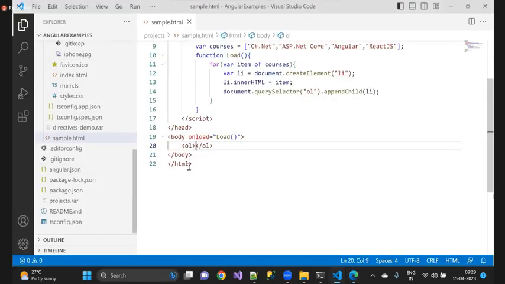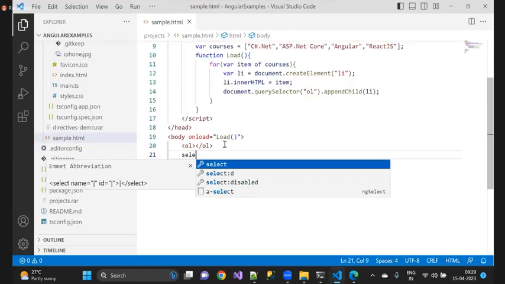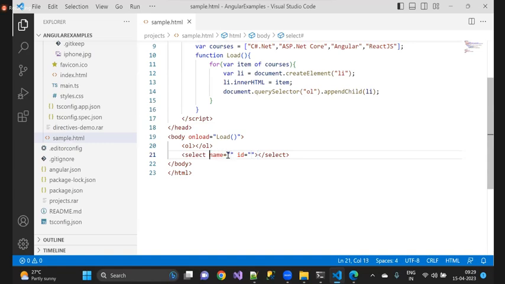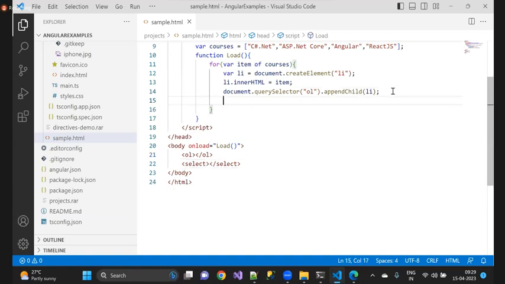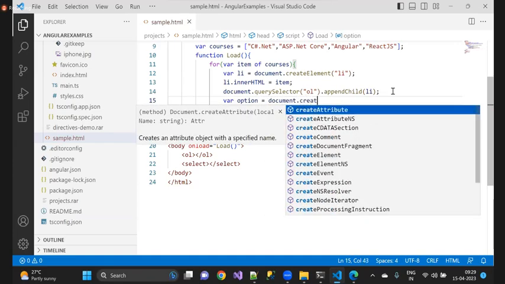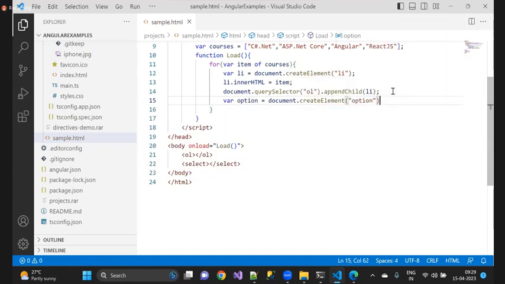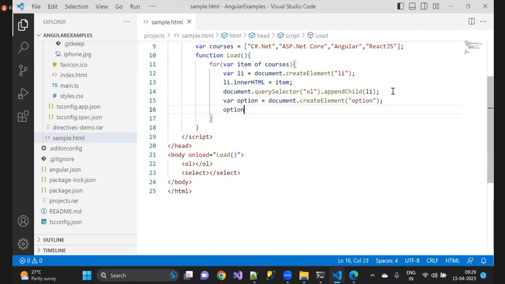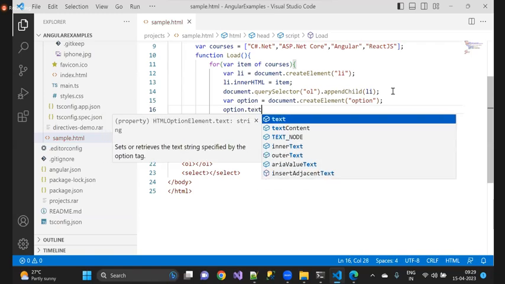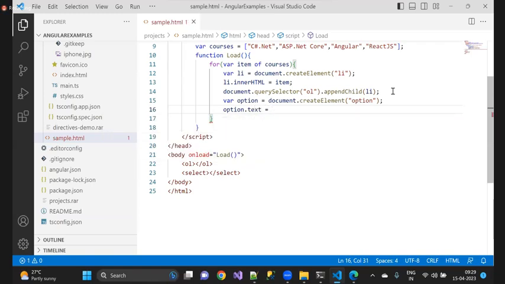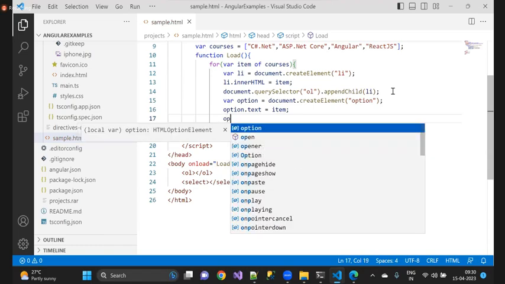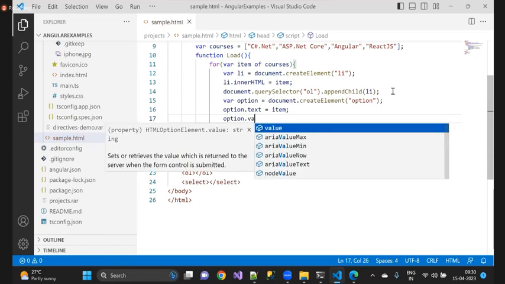Same thing, I want to display maybe in the drop down. So that what I can do, I'll take a select tag, and by using that also we can display the data. So first I'm going to prepare options. So let's write var option is equal to, I'll be using document dot createElement, and I'm going to create an option element. And for that particular one, option dot, we have the property that is the text property. Text is equal to whatever that item we are having,